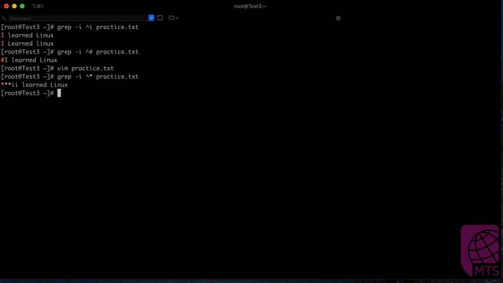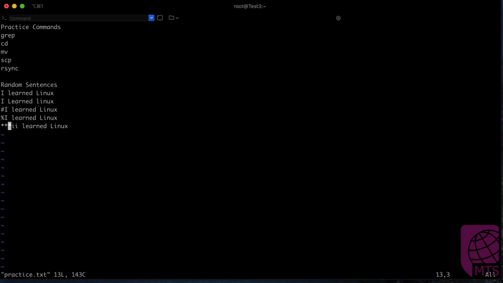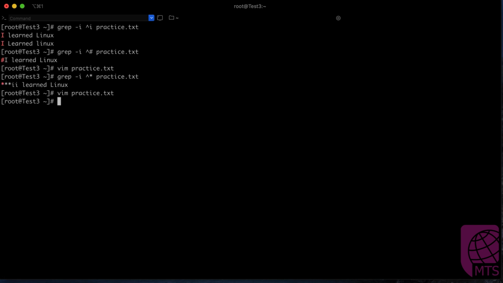So all of the lines in this file end in the word Linux. So let's add another one. So we won't add any symbols in front, and we will start with a lowercase I am using a virtual machine. Make it a capital machine. So now that we have a line that doesn't end with Linux,